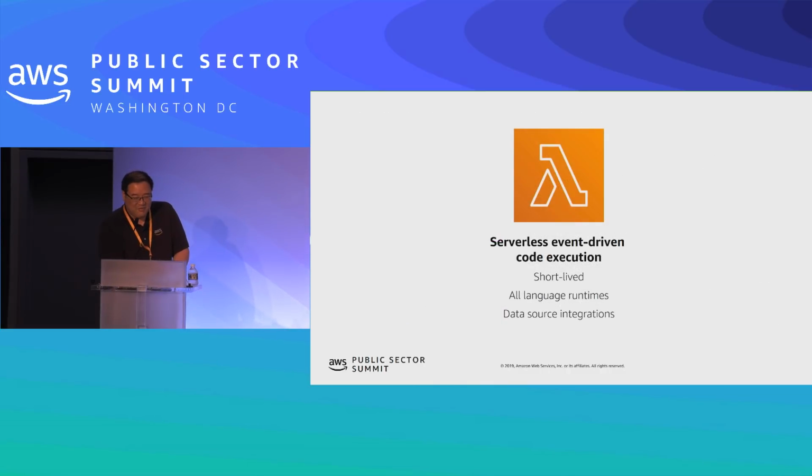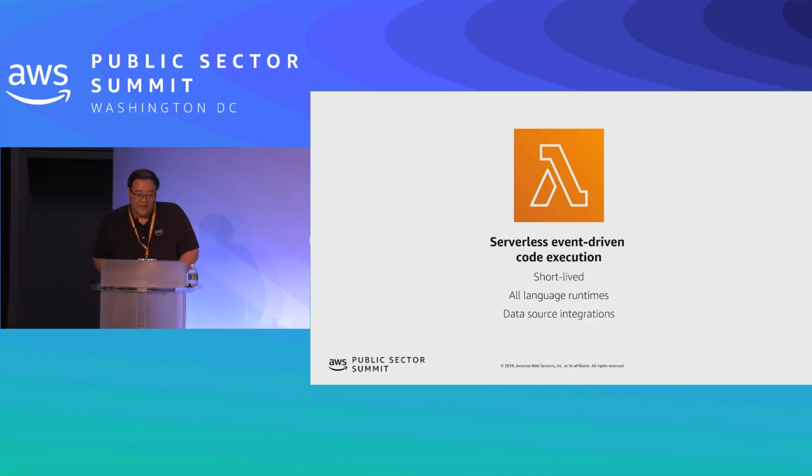So this Lambda thing that we've been talking a lot about, what is it? At the end of the day, it's a function as a service, is one popular way to describe it. Customers bring their code to the Lambda platform, and AWS executes it. Customers aren't worried about firing up virtual compute infrastructure to run this code.